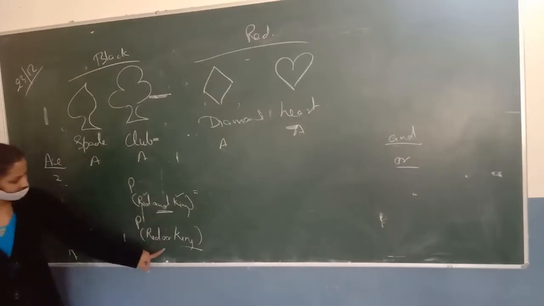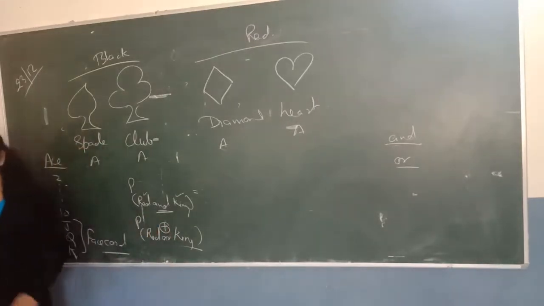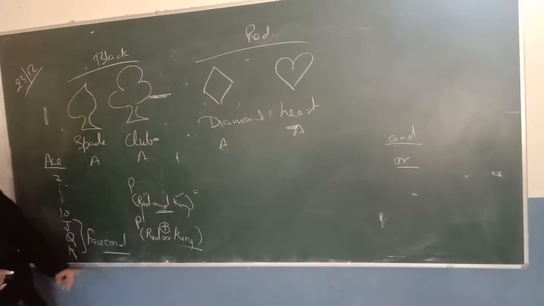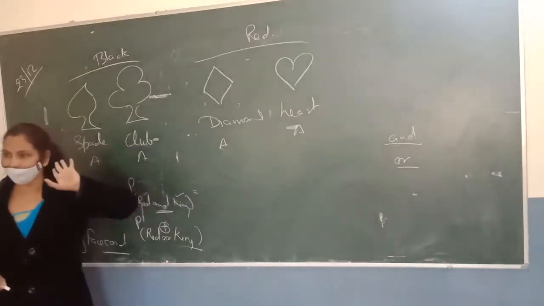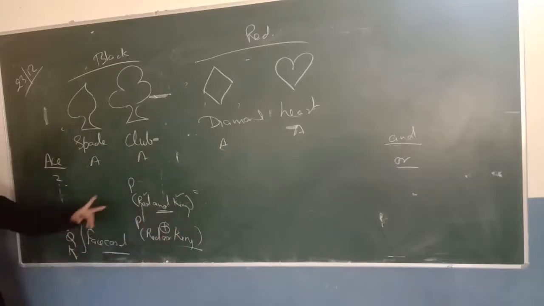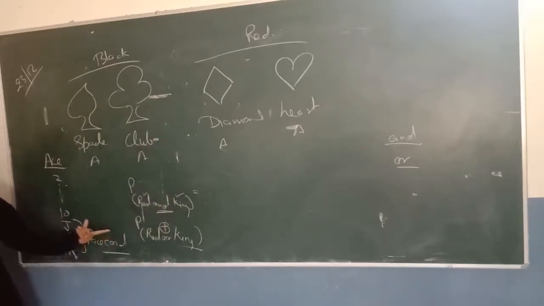And there is a difference between them. Red or king means we have to add all the red cards and the kings which are left after these red cards. Now count all the red cards: 13 and 13 is 26 red cards. Then 2 kings are left from here, and you will count those too, because "or" means add both. Is it clear? So red and king means it should be a red card. For red or king, the left kings will also be counted, so it will be 28 upon 52: 26 red cards and the 2 remaining kings. Is it clear?